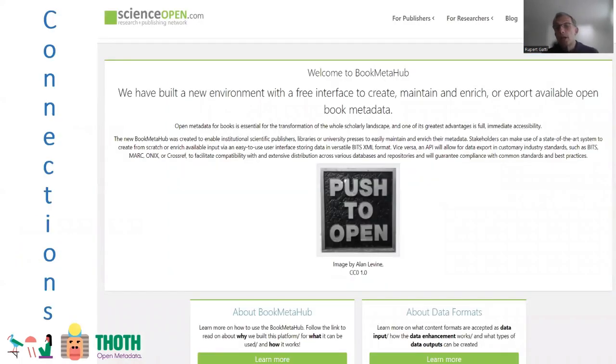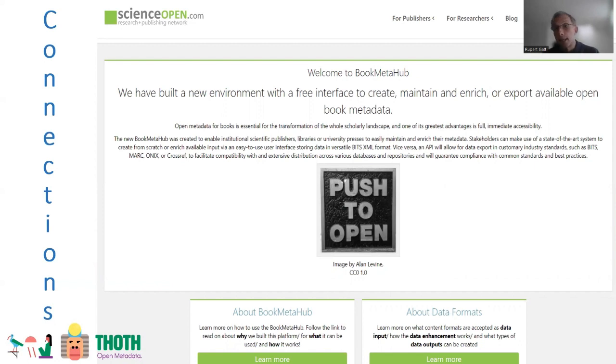We're also able to use the API to build connections between existing or developing open infrastructures that are around. So, for example, Science Open has developed an open book metadata database in Germany for the German Research Fund, and they have been able to create APIs to connect to Thoth, so that now users of the Science Open database can transfer data from one database to the other.